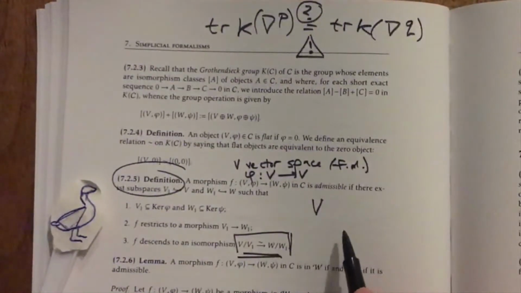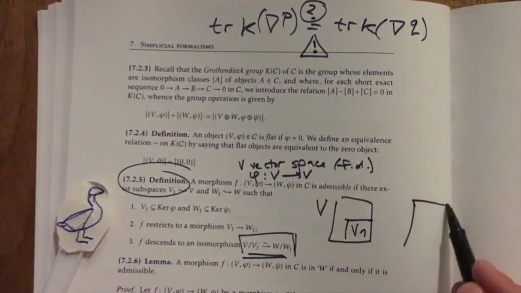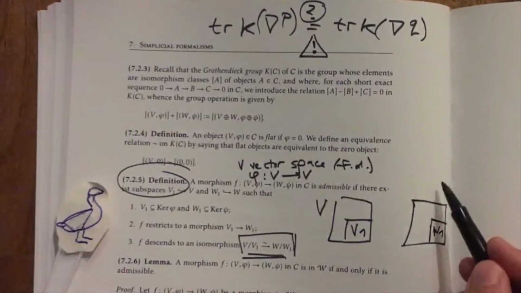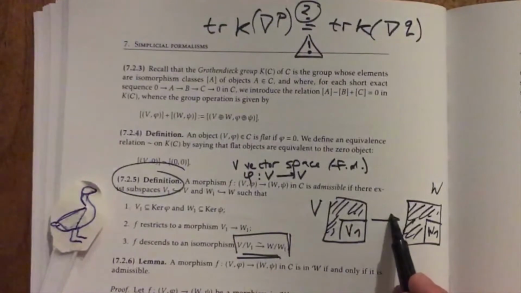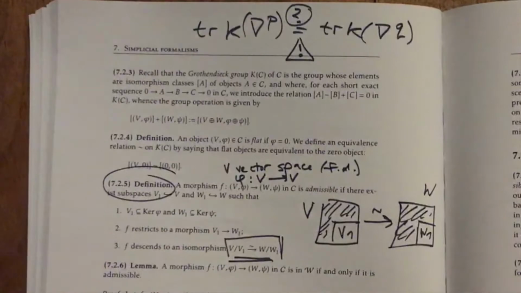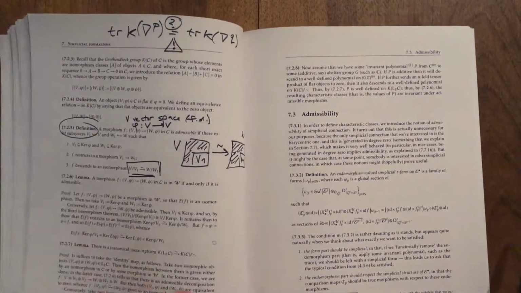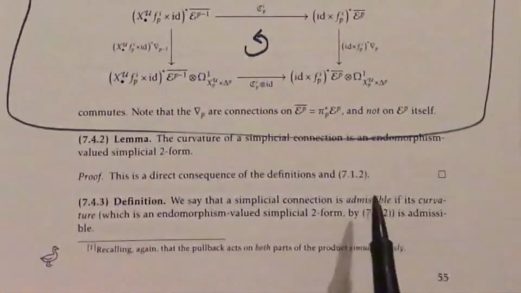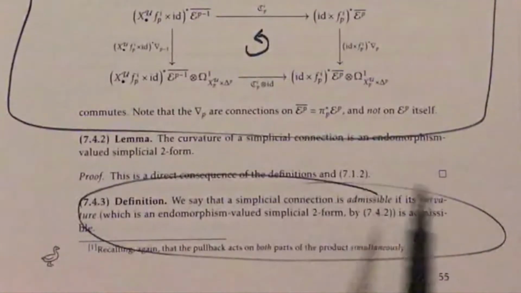In some sense, which we can actually make much more precise, a morphism is admissible if it is an isomorphism away from some flat subbundles, where we won't define here how we can think of these subbundles as flat, but we can. If all this sounds a bit hand-wavy, then it's probably best to go and read this in some more detail, because I don't want to get lost in all of the technicalities here, and there really isn't anything that fancy going on. I promise that this idea of admissibility of a simplicial connection is exactly the condition needed to ensure that the characteristic classes are well defined, is all that's going on behind the scenes.